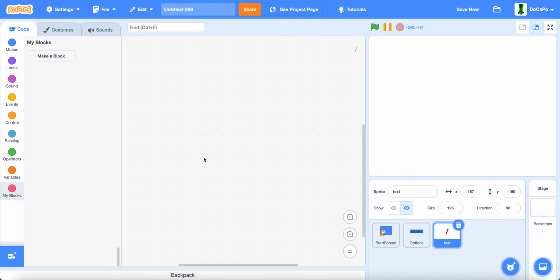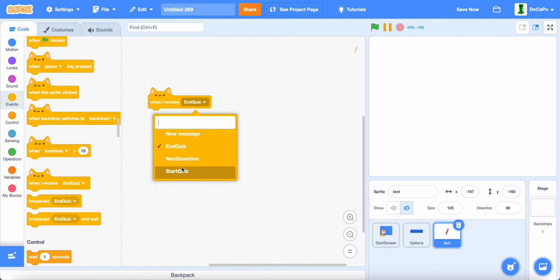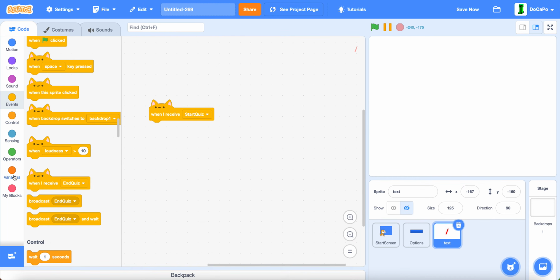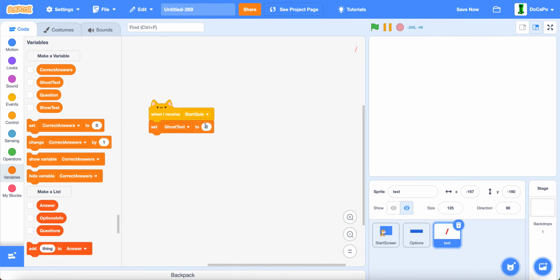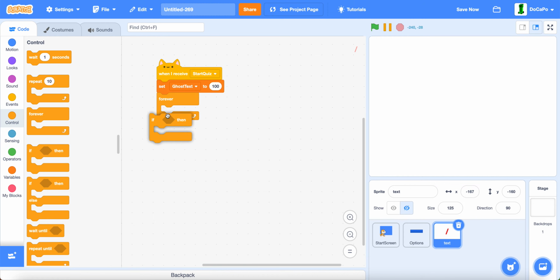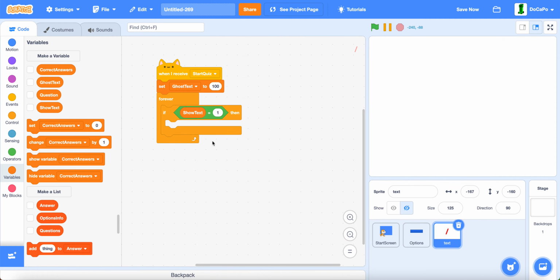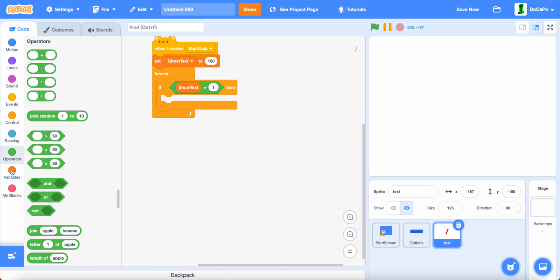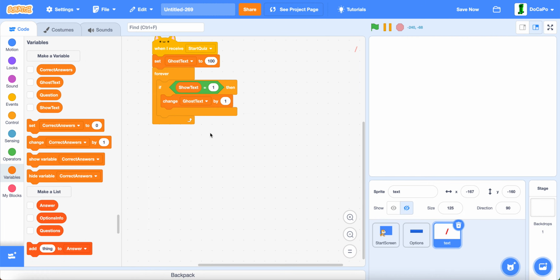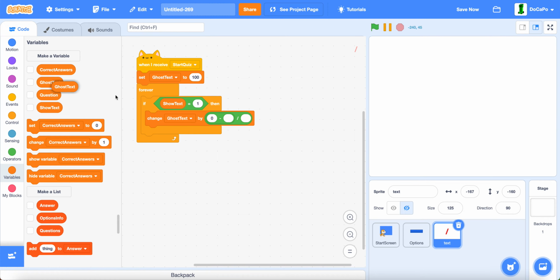Now, in here, when I receive start quiz, set ghost text to 100, forever. If show text equals 1, change ghost text by divide, subtract, 0 subtracted by ghost text divided by 5,